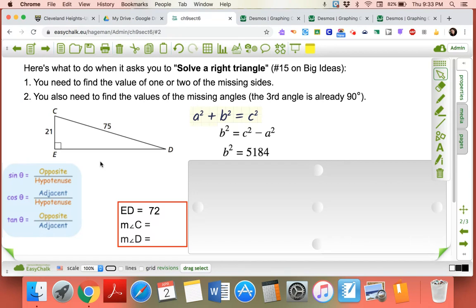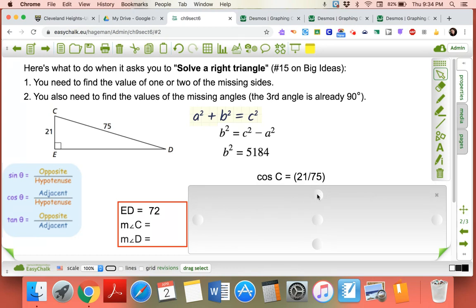All right, so now we're going to get into some of the inverse trigonometry where we're looking for the angle measure. So angle C is adjacent to 21, and 75 is the hypotenuse. So to get angle C, we're looking for the cosine because we have 21, which is adjacent, and 75 is the hypotenuse. So cosine of angle C